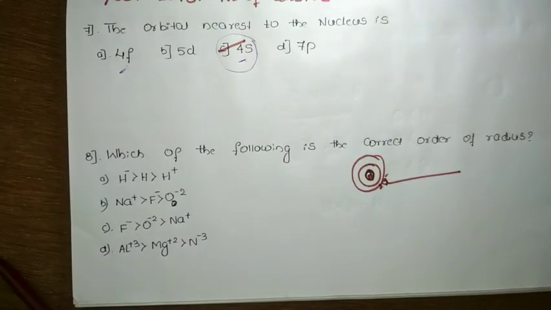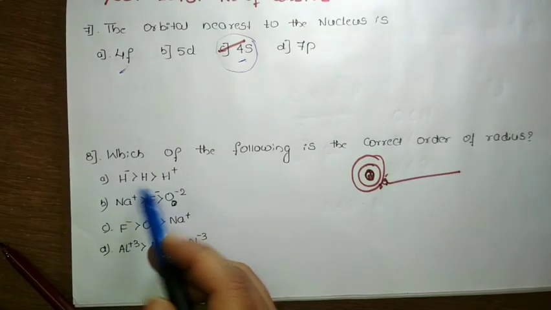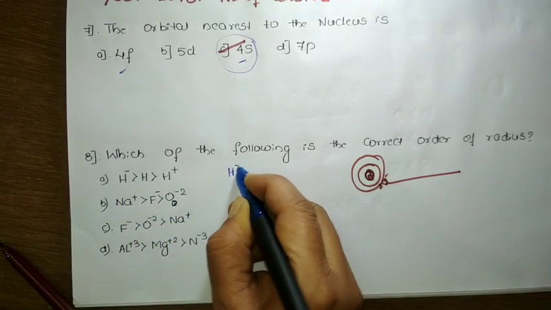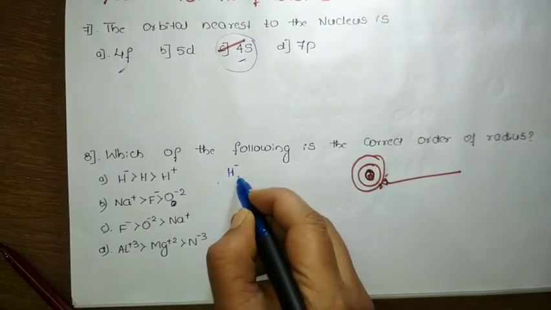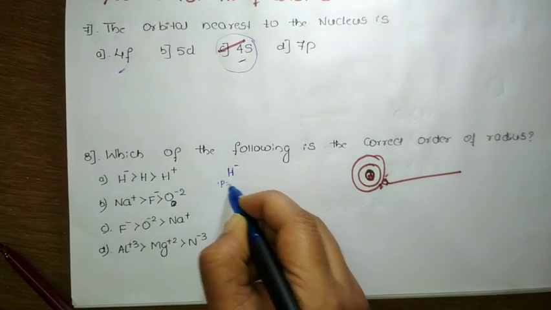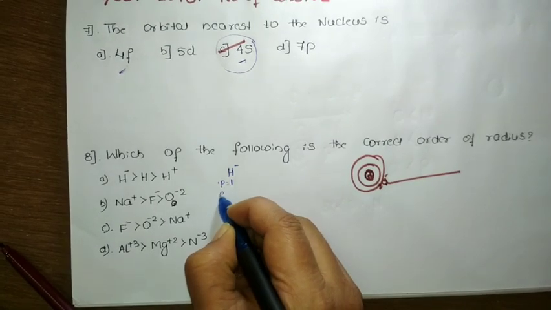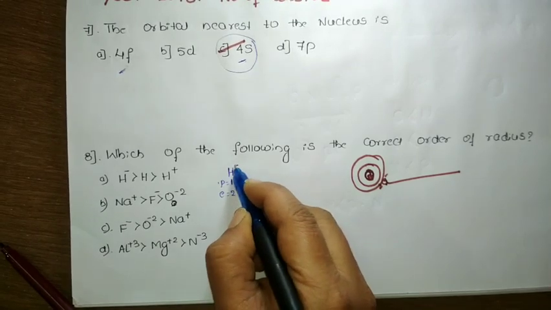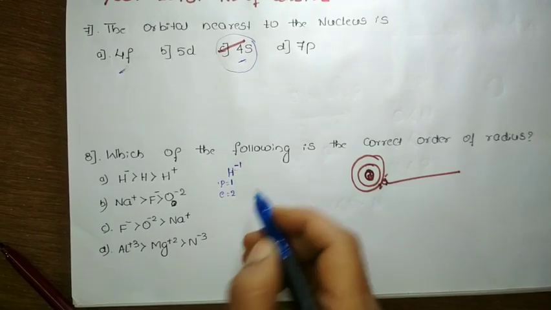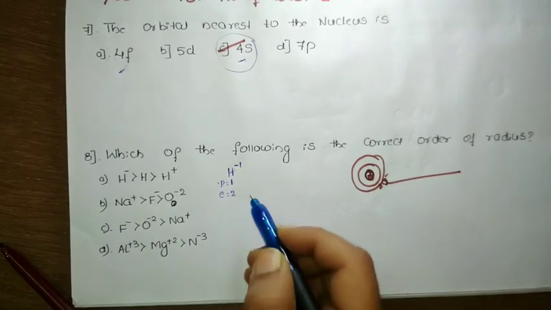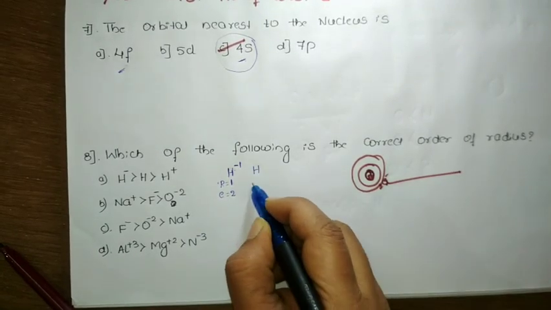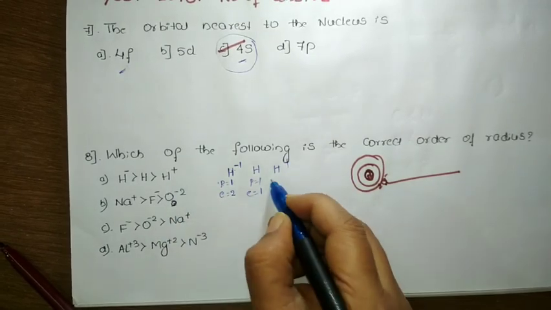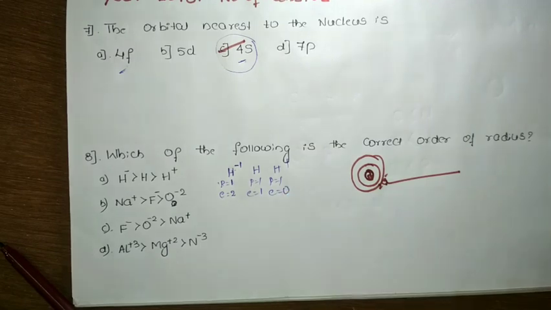So just compare over here. Let us go with the first option here. They have given a hydride ion. Okay, hydrogen with a minus sign is hydride ion. So what is the proton value here? The proton here is 1. What is the electron value here? 1 plus 1, we have 2. Why 2? The minus 1 is there, so 1 electron is added. So proton is 1, electron is 2. Fine. When it comes to hydrogen, proton 1, electron 1. When it comes to H plus, proton 1, electron is 0.